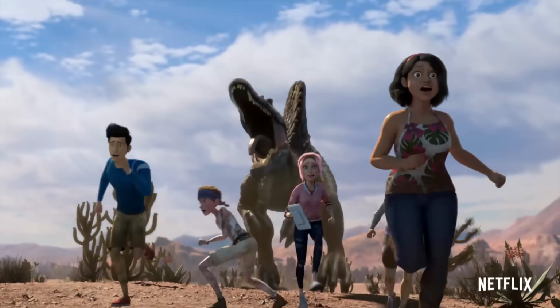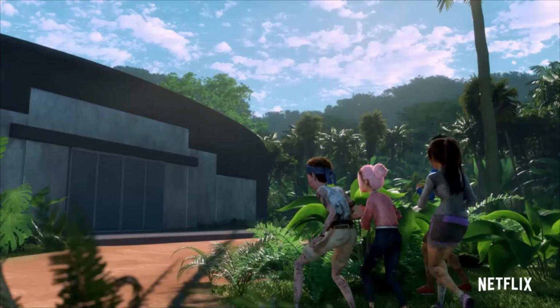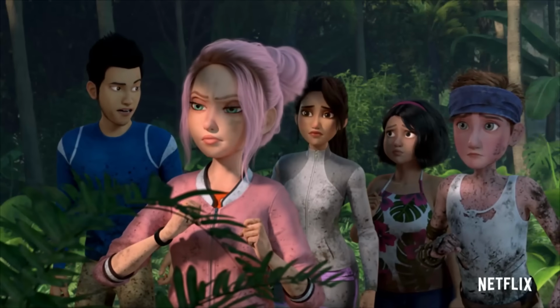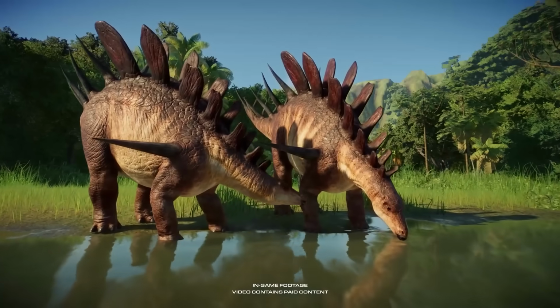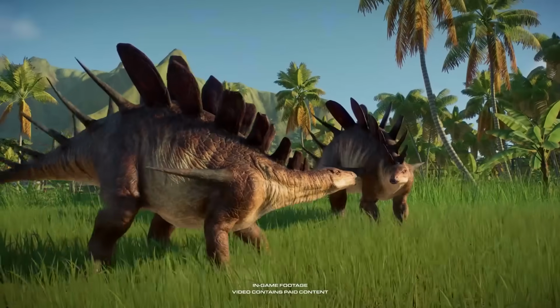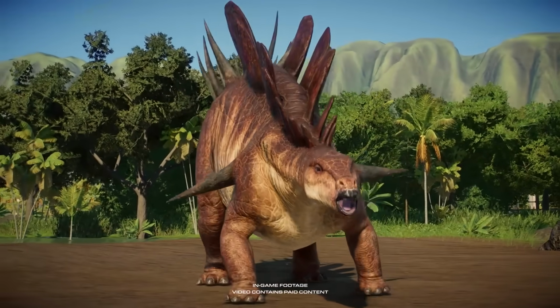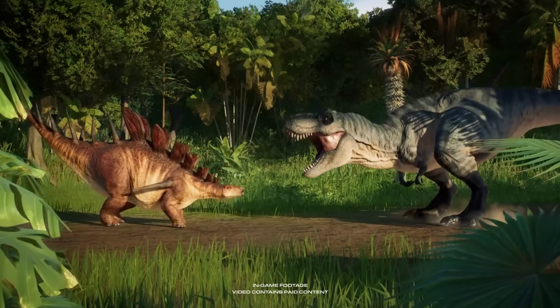But one thing that I do want to talk about here is that if we do get this expansion DLC, this is a perfect opportunity to finally finalize the canonical species from Camp Cretaceous. We have, I think, just Smilodon and Spinoceratops left to go. The Smilodon, saber-toothed tiger, we already know what this creature can do, especially if it were to be